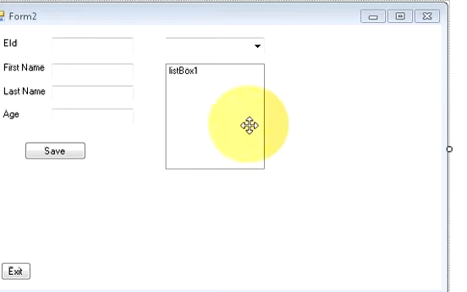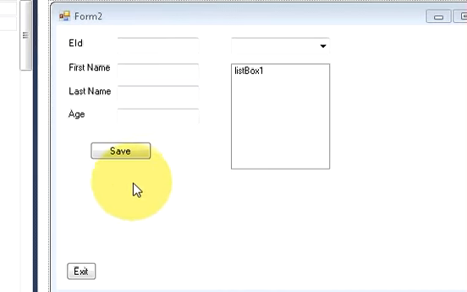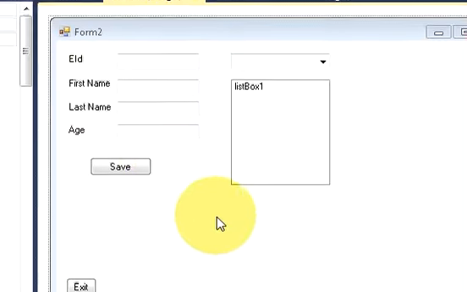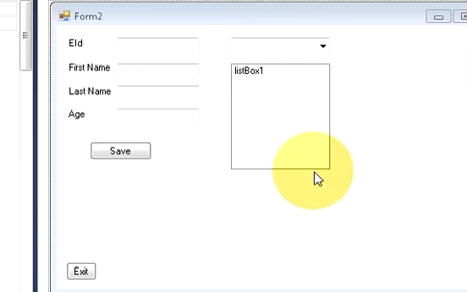So what I'm going to do is I will take a button and I will name it as update button, and when I press this button, whatever data I have entered in these text boxes, my data related to that field will be edited or updated in the database. So we will see how to do that. First of all, take